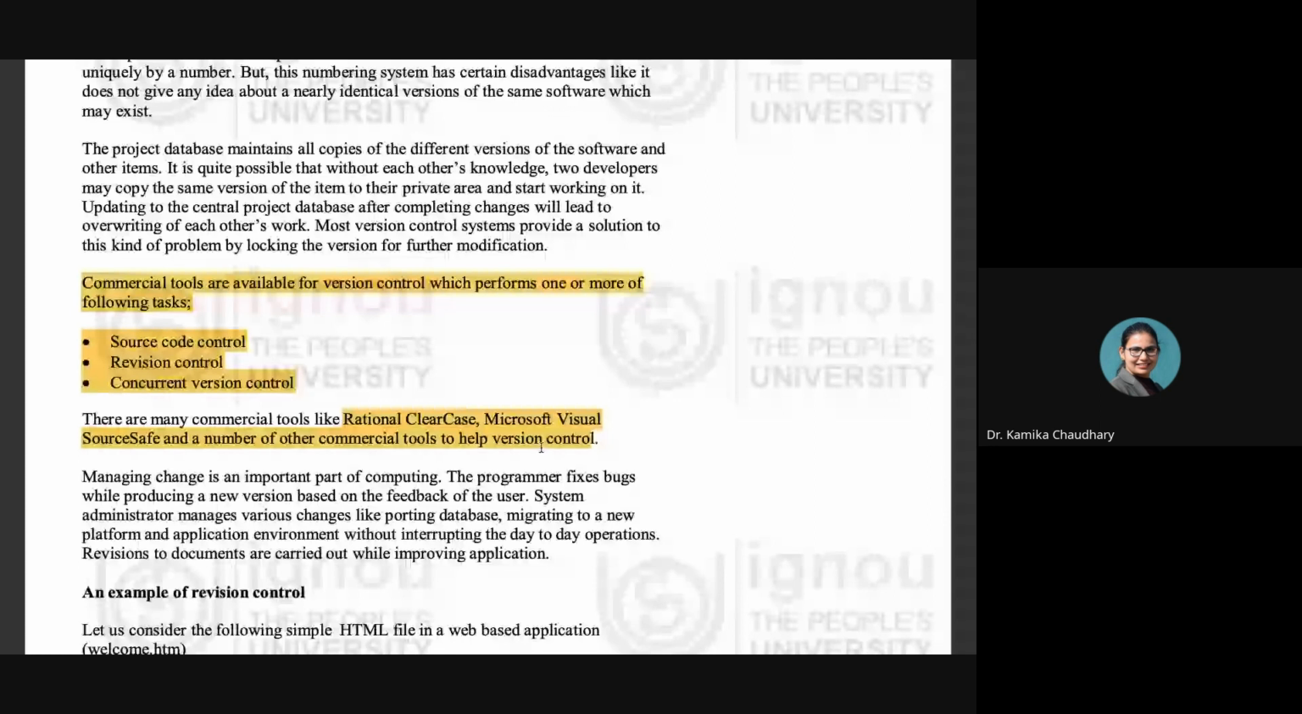Now we are just introducing the versions of that particular software into the market. So there are tools which are available to help that particular company in order to achieve the versions, or in order to perform the function of controlling the versions. So this is what is there. Then after that,